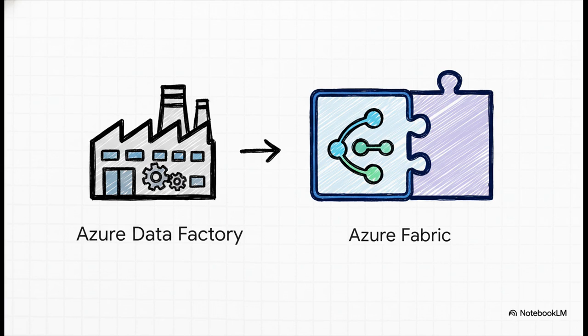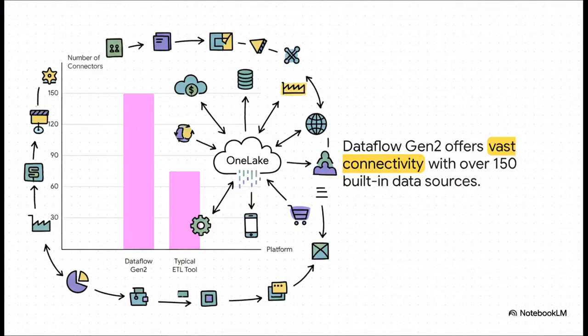And it's pretty much the same story for data integration. Dataflow Gen 2 is clearly the future, designed to replace Azure Data Factory. It's a modern, low-code tool built from the ground up to work inside this new, unified world, which makes getting data in so much simpler. And this slide really shows you the power of that. I mean, getting your data into the system is often the hardest part of any project. Dataflow Gen 2 makes it way easier with over 150 built-in connectors. That means you can pull data from pretty much anywhere you can think of straight into OneLake, saving just a ton of development time.